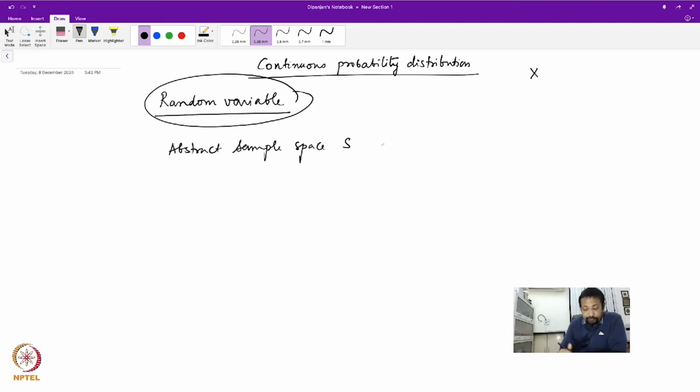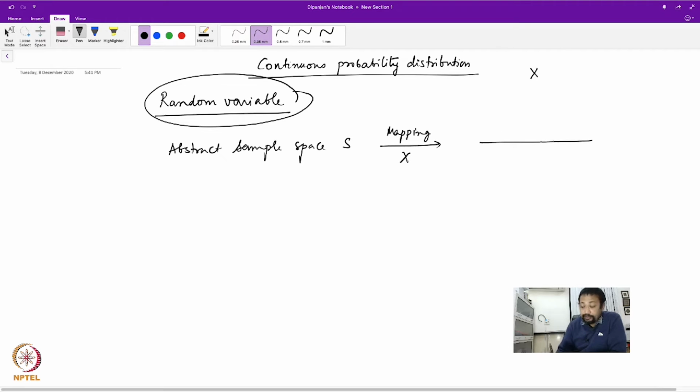and we define a mapping, and this mapping is x, that takes it onto the real line, an interval in the real line, right? So that x is this has to be R, such that... okay, let's rephrase this a little bit. So the mapping is